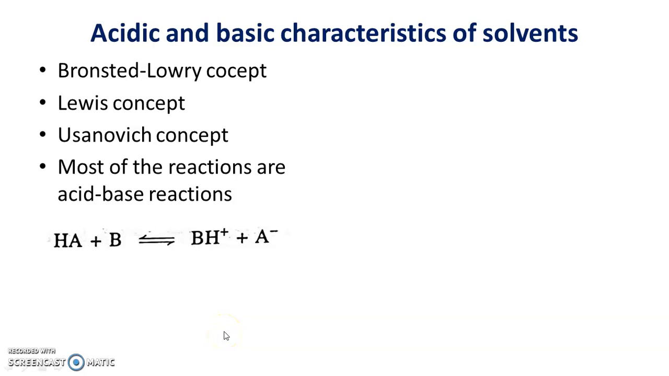Now the value of equilibrium constant K for this reaction can be written as K is equal to concentration of A- into concentration of BH+ upon concentration of HA into concentration of B. Now here B is a solvent, and this solvent is present in large excess as compared to solute. But by rearranging terms, we can write